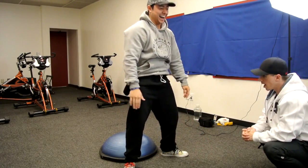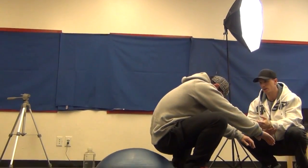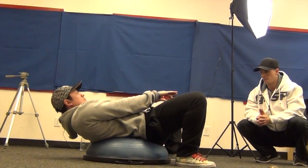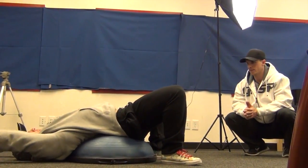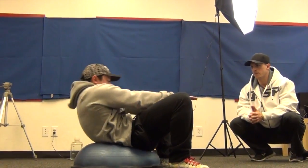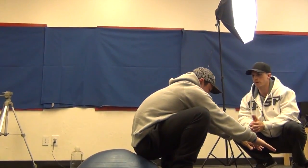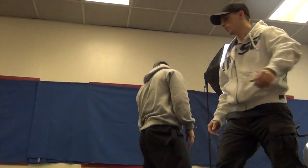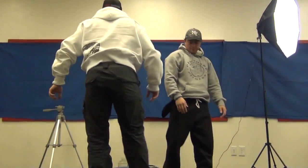One more time, slower on the concentric motion part of the squat. Slow from here on up, slow, slow, slow. Perfect, you got it, easy. Again, we're just kind of getting warmed up. We're going to go straight into